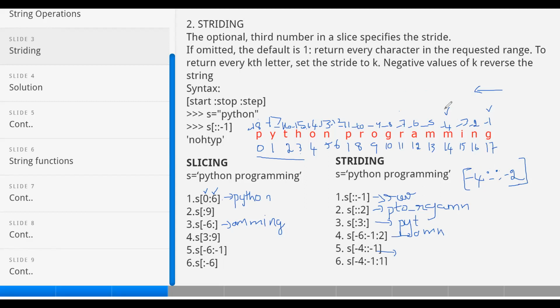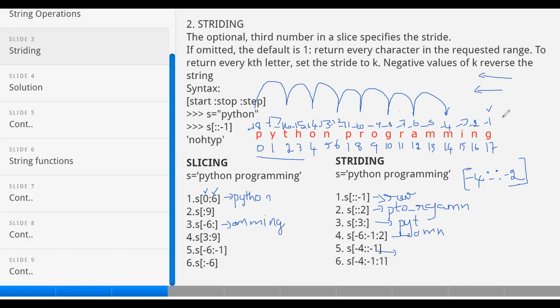So from -4, from here it will jump to the left side. From M, it will jump to A. From A, it jumps to G. From G, it jumps to R. From R, it jumps to space. From space to O. From O to T, and T to P. Okay, so if it is negative, you will jump from right to left.